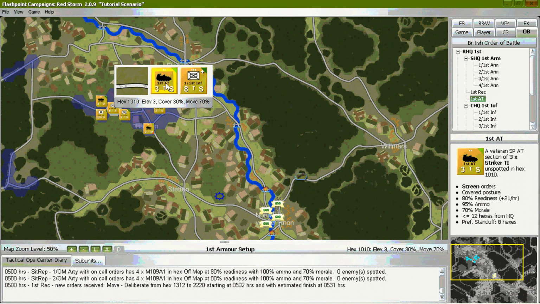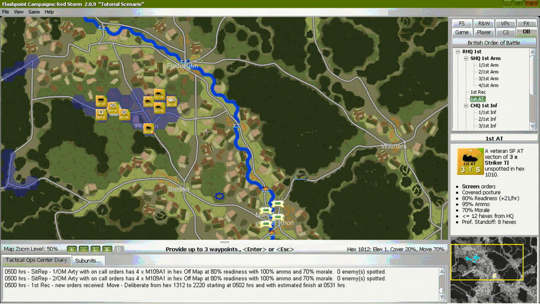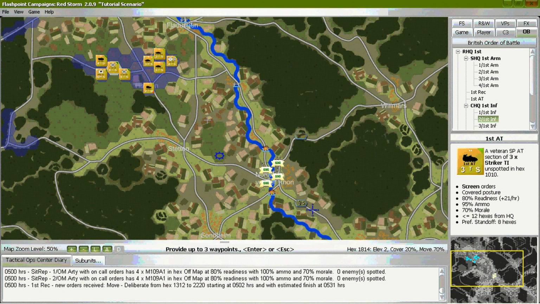First anti-tank will now have a thick yellow outline on the counter. Right-click on first anti-tank to open the pop-up orders menu. Select Deliberate Move from the list. Select the 3 hexes shown below with the last point in the hex with the blue fortification, the circle with the outward spikes.